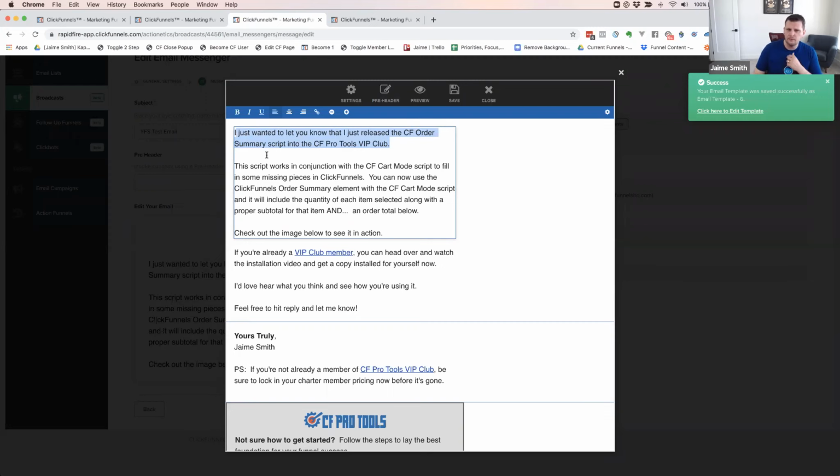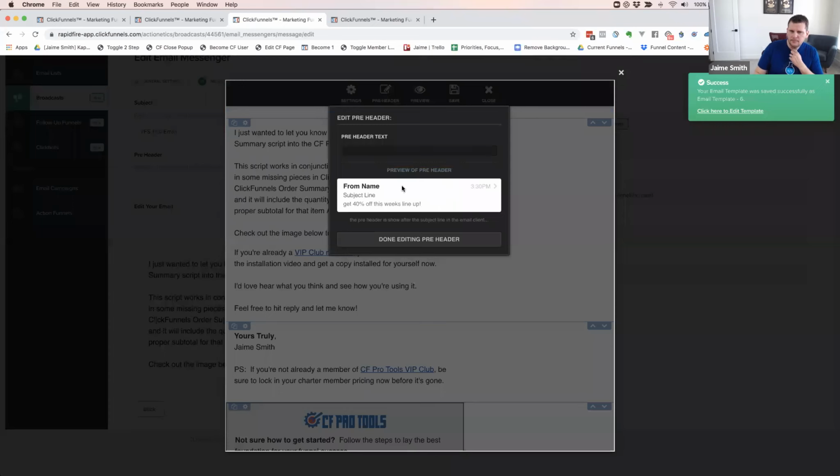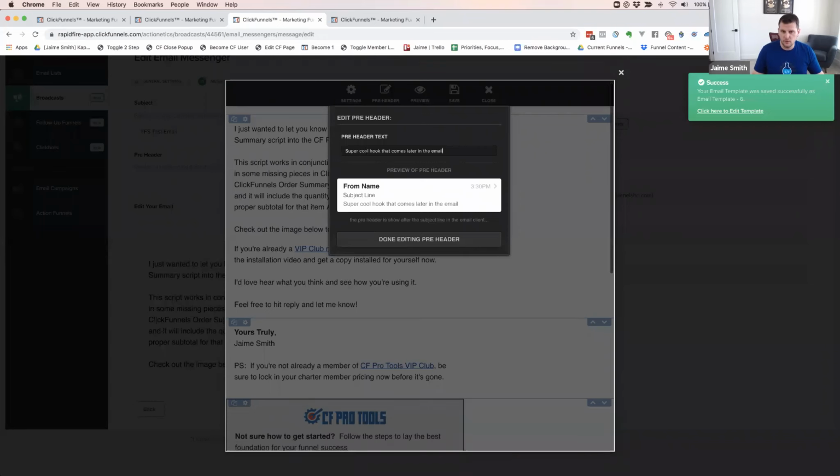So you may not need it, but the other thing you can do is make your pre-header something different. It could be a super cool hook that comes later in the email, that point of high drama that is going to get them to actually open the email and read it. But maybe your email doesn't start out with that. So maybe your pre-header text is different than the first sentence of your email, and you can fill this out independently. That gives you a different way to hook somebody into opening the email. So something to be aware of, and then you just click done editing pre-header,